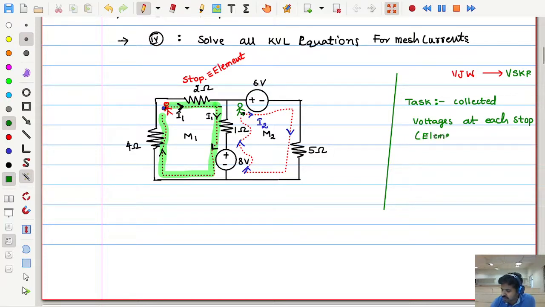You are taking your journey. In that journey, I might have given one task that whenever you see some stop, stop there and ask him to give the voltage parcel. He will give you the voltage parcel. Okay. So that is the task. Once you come back to college, you should submit all those voltages to me: how many stops you came across, how many voltages you collected, you submit all those voltages to me. That is the task. Okay. With this analogy, let us understand mesh analysis in a better way.